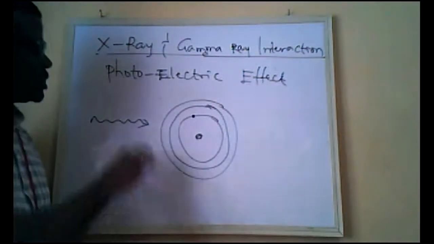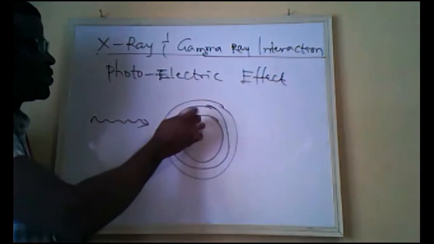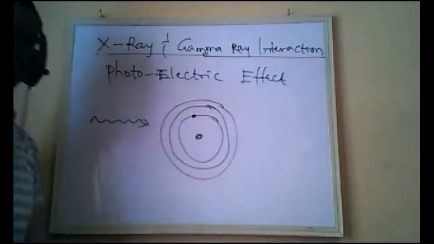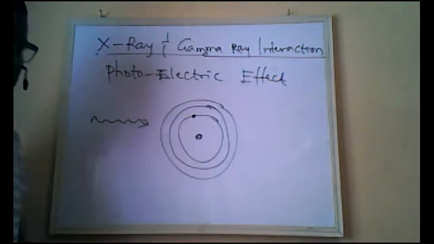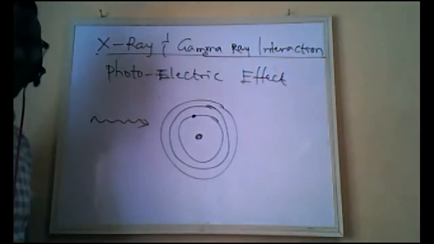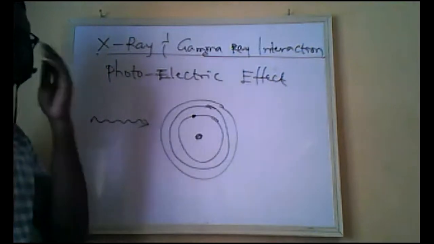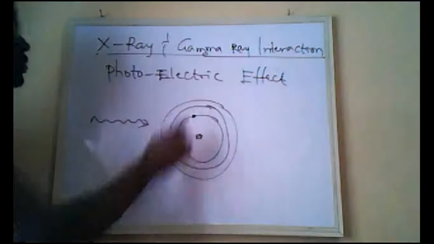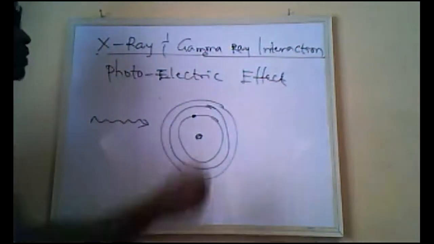But in most cases, the photoelectric effect has to do with the photon interacting with the innermost electron, which is of course tightly bound. For Compton, the outermost electron is loosely bound, but for this tightly bound electron, when it is knocked off,